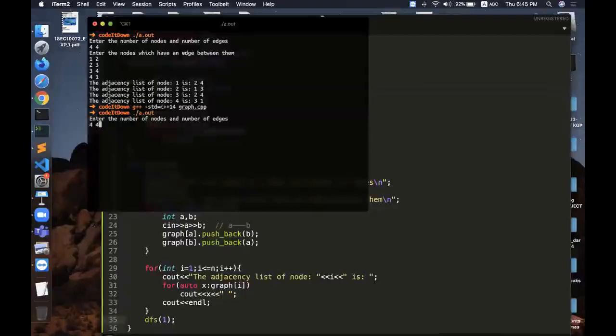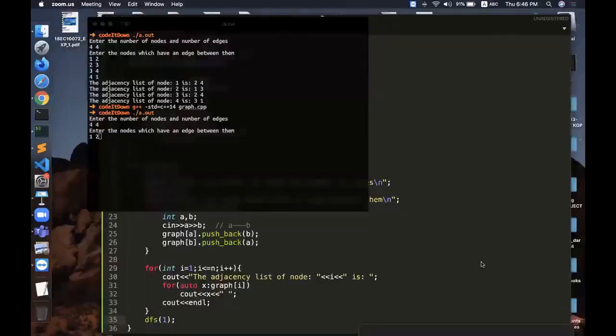So there are 4 nodes and 4 edges. As I said, there's an edge between 1 and 2, then an edge between 2 and 3, then an edge between 3 and 4, and then an edge between 4 and 1.